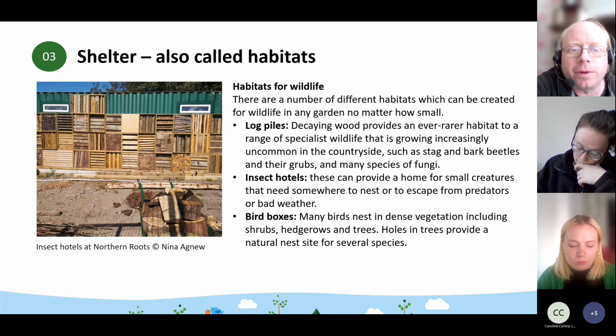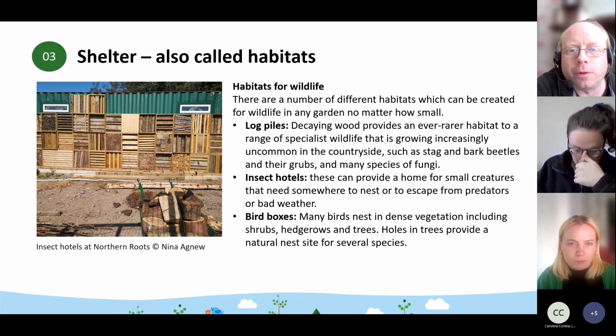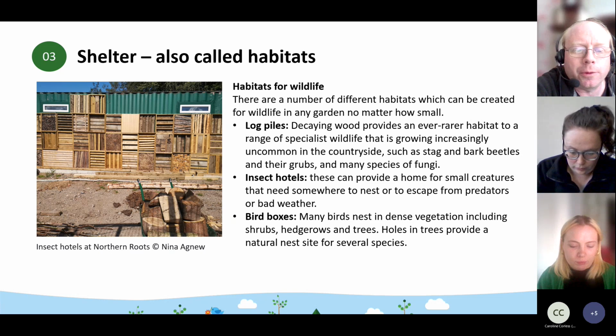This isn't waste material. This decaying wood provides a lot of food and a lot of shelter for things like insects, as well as things like fungi and lichens. If you've got a garden and you're starting from scratch, you might think about creating insect and bug hotels like the ones we pictured to the left there in the photograph. If you have a park or a woodland, there might be nesting birds already, but if you don't have trees and you're planting new trees, you might want to put bird boxes up on fences and buildings as well.